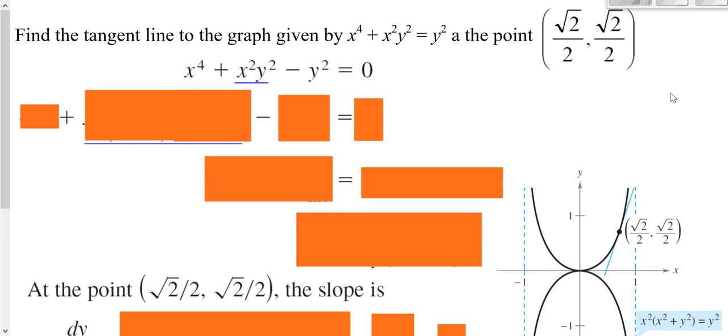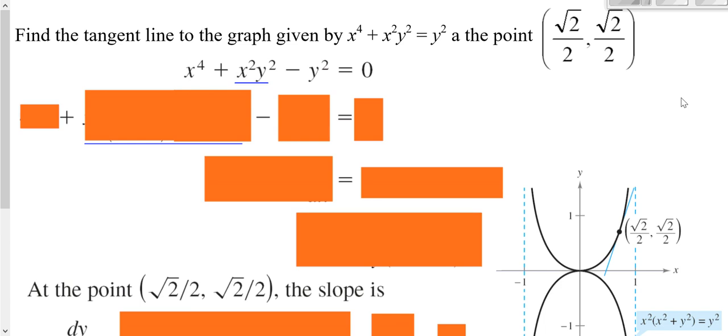So here's our last problem on section 5. We need to find the tangent line here. Well, you know, to find a tangent line, you need to have a slope and you need to have a point. In this case, they give you a point. So really, we just have to find a slope. And you know by this point, to find your slope of a tangent line, you need to go ahead and